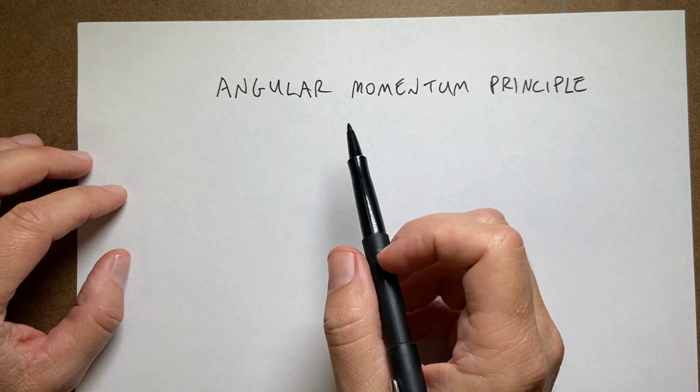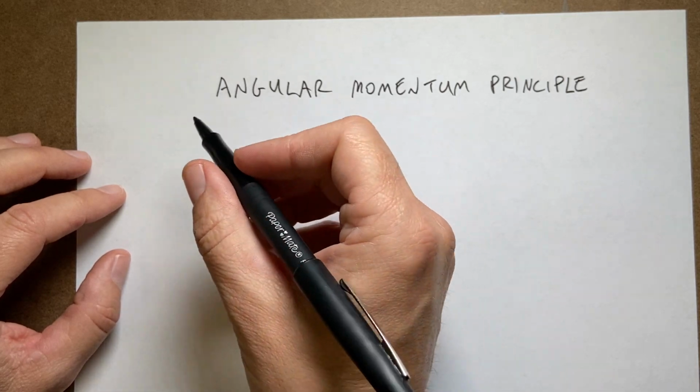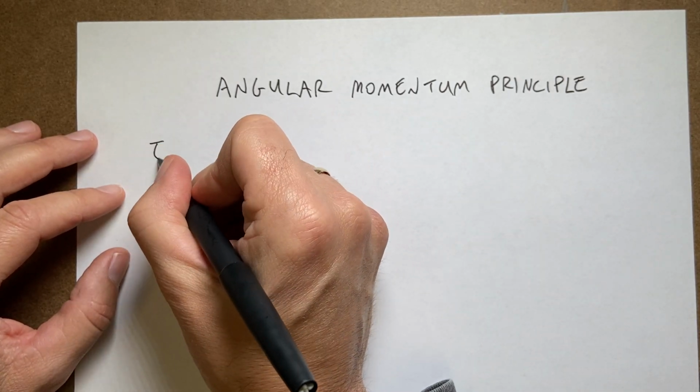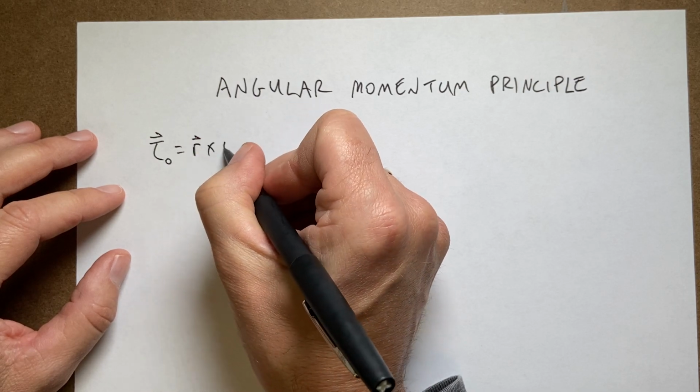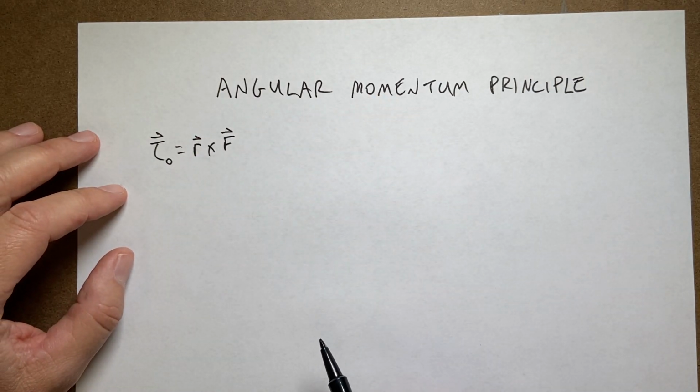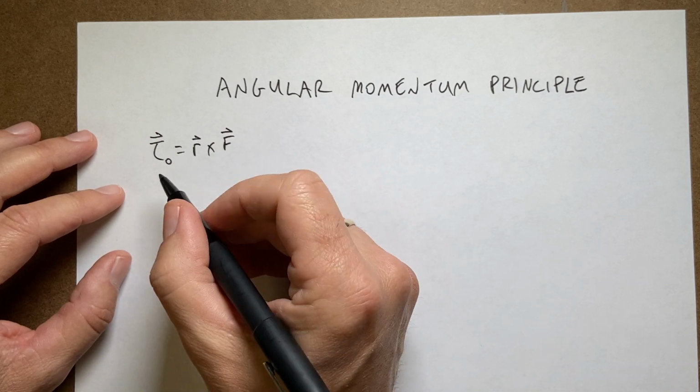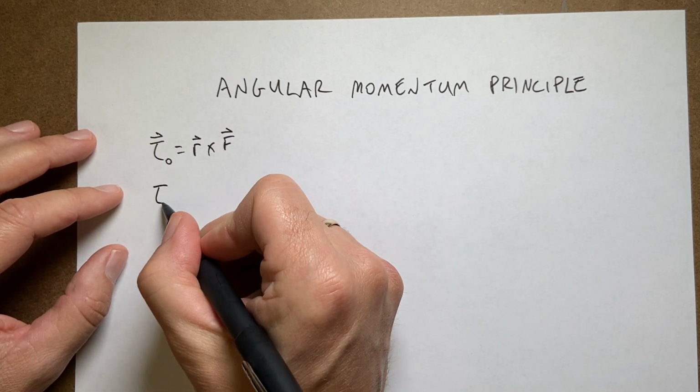Okay, the angular momentum principle. So we've looked at two things. We looked at torque, and so I'll write down all the definitions of torque. Torque is equal to R cross F. That's the best definition. Torque is a vector, but if you want to deal with it in one direction, torque